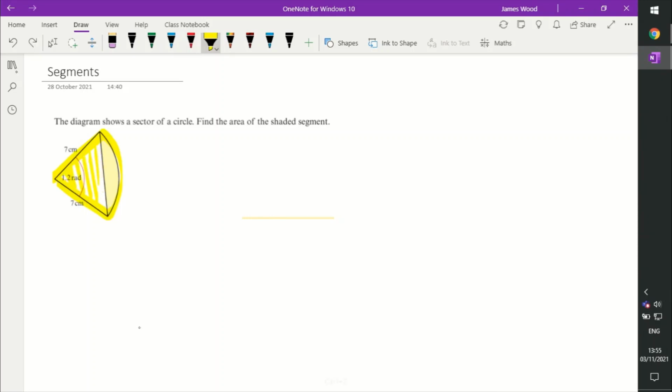Okay, so let's do that bit by bit. So you've got the area of the sector. Sometimes it helps to draw a little sketch as well of this. So I'm finding this bit first. So that's 1.2, and this is 7. So the area of the sector is going to be half r squared times theta. Let's work out what that is. So it's going to be 29.4. And the area of the triangle